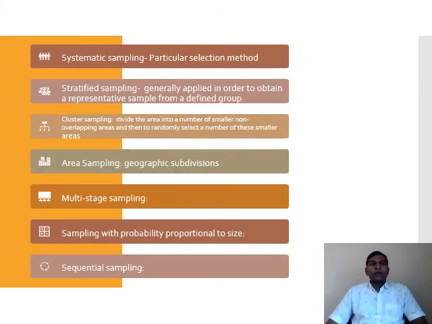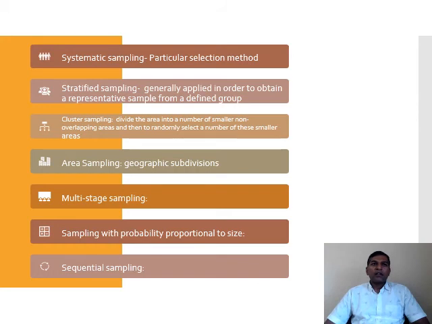So we'll look at some of the sampling methods which are widely used, but the selection of the sampling method depends on the requirement of a project. First is systematic sampling. This sampling method is a generalized method where we do not have many constraints. So we will go on selecting a particular thing depending on the understanding of the researcher. So he will decide what to be done, which is useful, which is not. Depending on that, he will select.